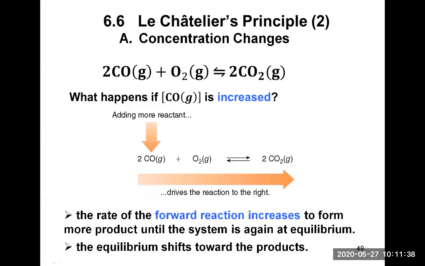So we have this reaction of two carbon monoxide molecules reacting with one molecule of oxygen in equilibrium with two molecules of CO2, all in their gas phase. So what happens if the concentration of carbon monoxide is increased? Remember how the brackets around the formula means concentration in molarity. So if we are increasing the concentration of one of the reactants here,